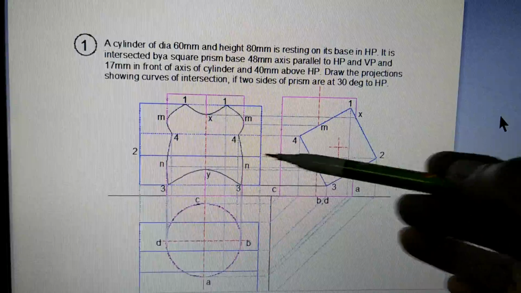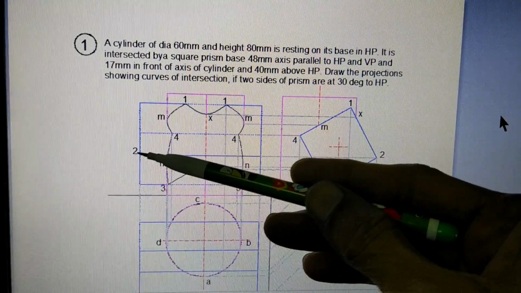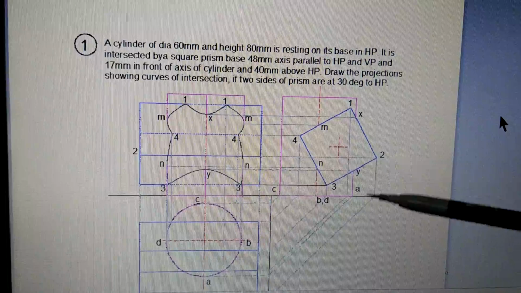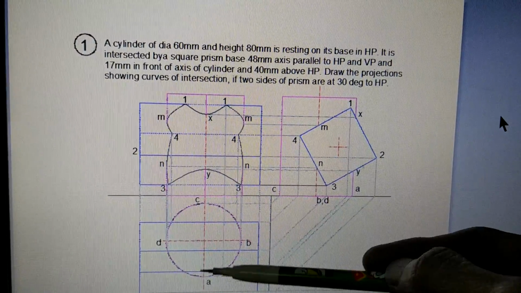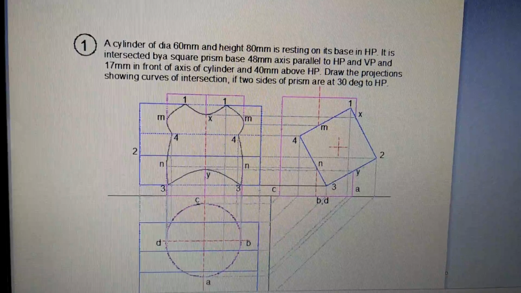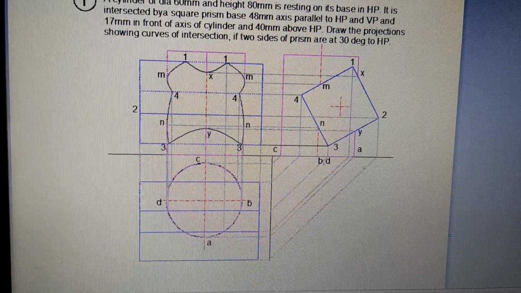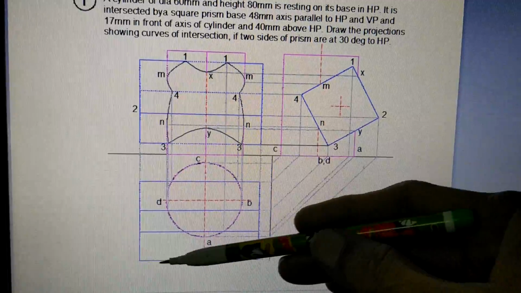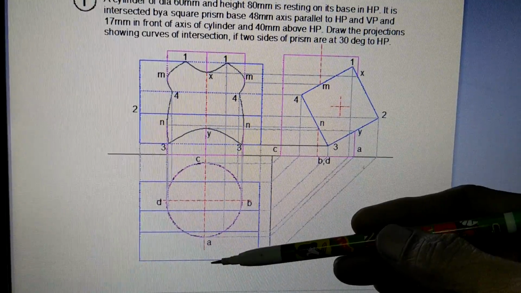Okay, it is completely seen. You see in this direction, and this edge at 2 is completely visible. Okay, it has not gone inside. You can see here, down it is not shown here. Now you can see this edge at 2 is here. Okay, it is outside the cylinder.